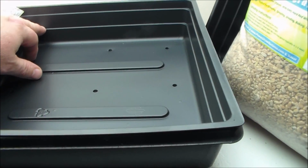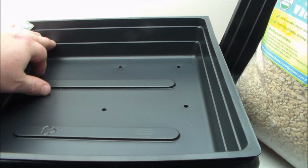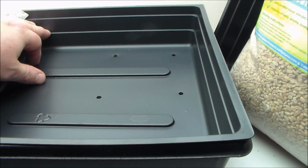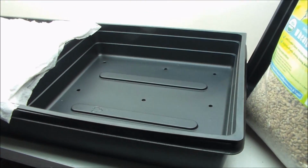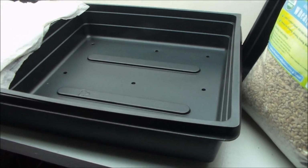Now you've got a line here on the tray. These trays come with a line. I fill it just above that line, kind of as my guide, an eighth of an inch or so above that line. And what you're going to do next, you're going to fill it with potting soil, and then